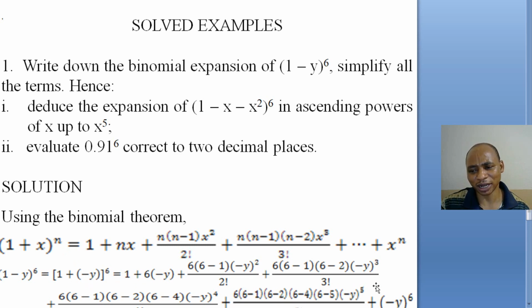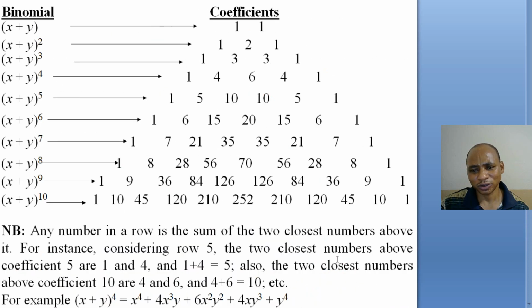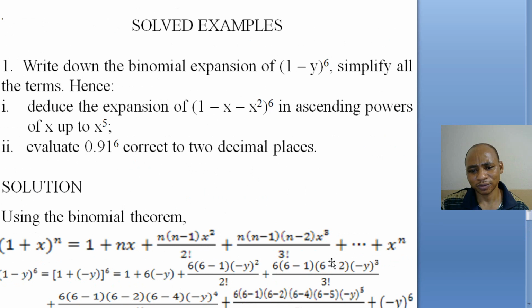So substituting them as such, we will end up getting 1 plus negative y all raised to the power 6 being equal to 1 plus 6 times negative y